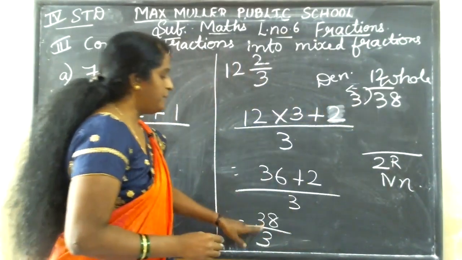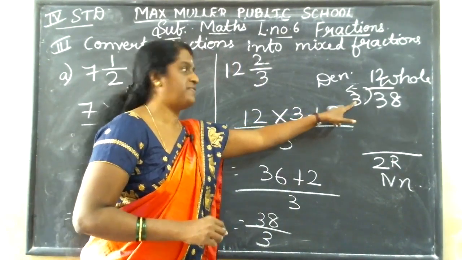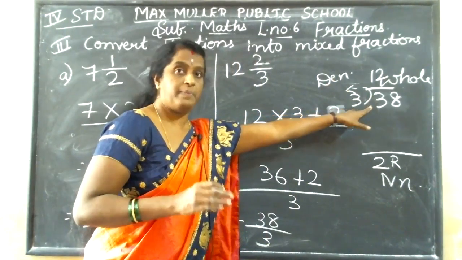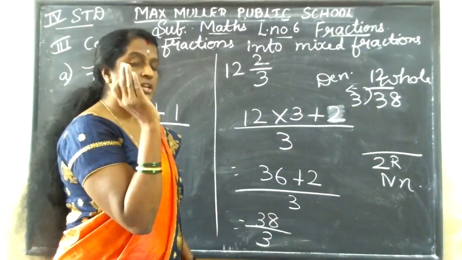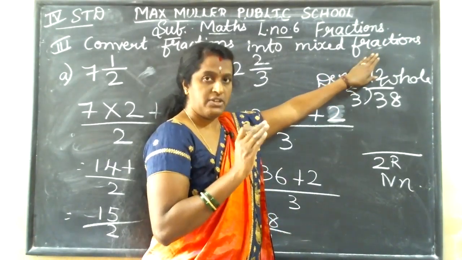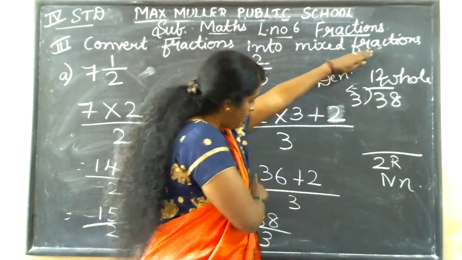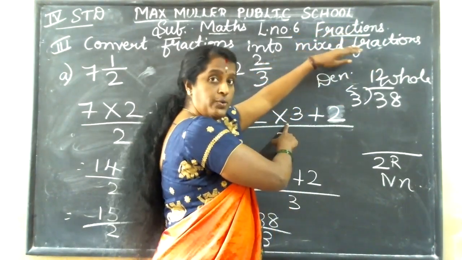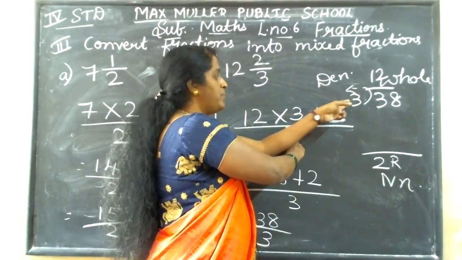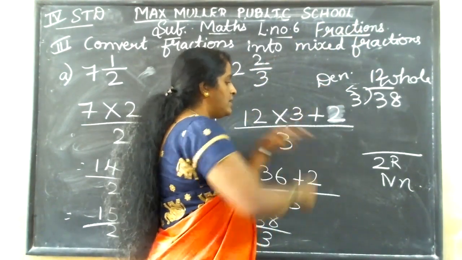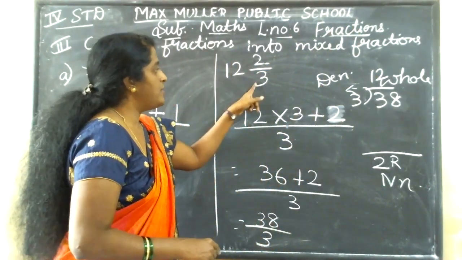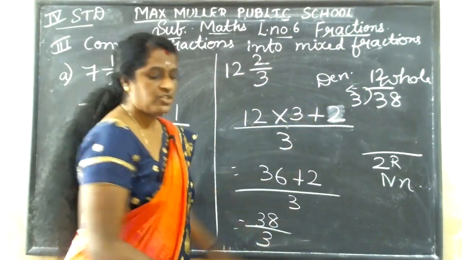See, an improper fraction will convert into a mixed fraction by division. 38 divided by 12: the remainder goes in the numerator, and the dividend is 38. In division you have written the quotient. This is the quotient. Yes, children, in division this is the quotient. In this we write the whole number, the quotient, into the divisor. The divisor is the denominator. So I have written 3 remainder 2. So you should write 12 into 3 plus 2. Okay, children, got it?